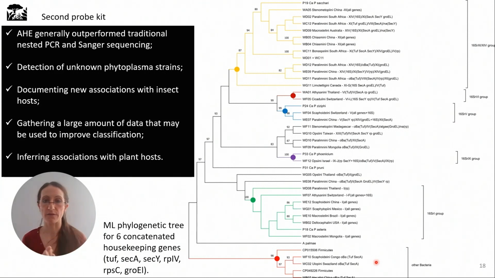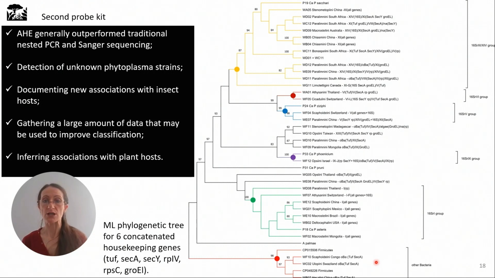We prepared this phylogenetic tree for the 6 concatenated housekeeping genes, and we included 5 reference phytoplasma strains and 3 more outgroups, including Acholeplasma palmae and Firmicutes. And this phylogeny is largely congruent with previous comprehensive phytoplasma phylogenies already available in the literature,